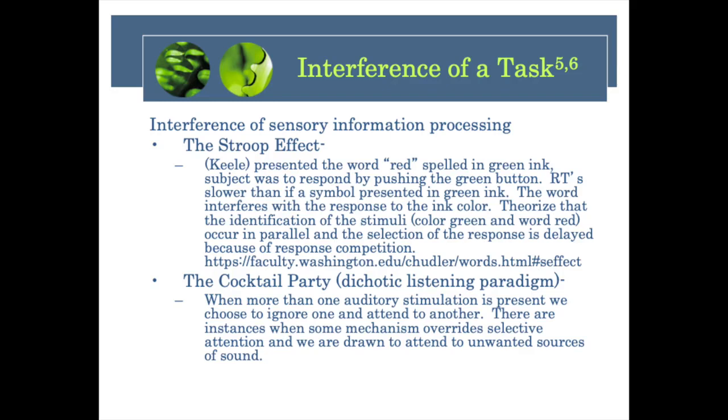The first one is the Stroop effect, where you have an incompatibility. So it really goes back to that response selection and incompatibility between the way you've previously learned something and the way that the information is being presented to you at the moment. A great example of this is the Stroop effect, where you project on the wall and you ask somebody to read to you